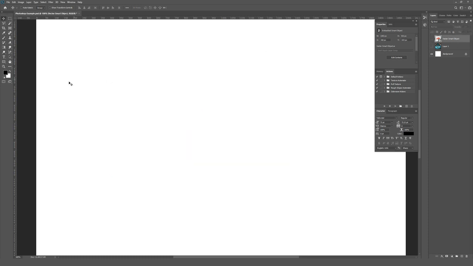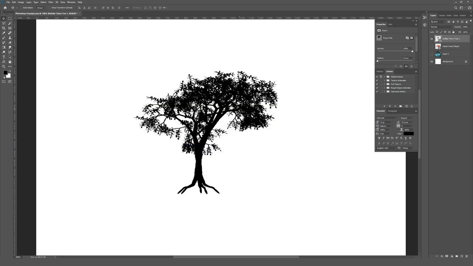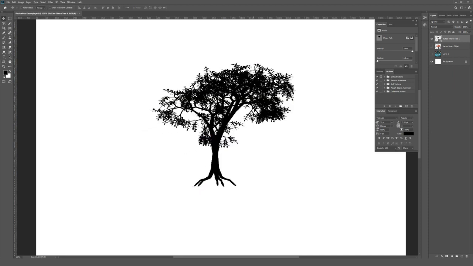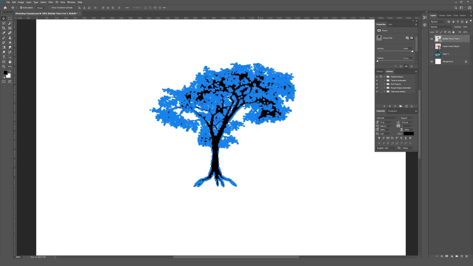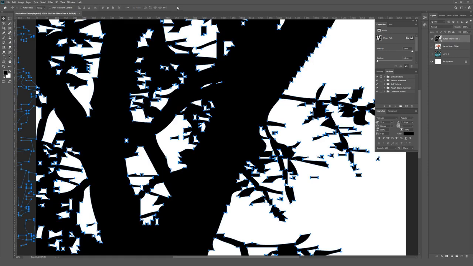So for example, if I go to the toolbar inside Photoshop and I want to draw a shape, there's a custom shape tool. I haven't used that before. Apparently it wants to draw a tree. So it'll draw a tree for me really easily. And this is going to be a vector object. Buffalo Thorn Tree 1. I really wonder why it drew a tree. Anyways, I will make this one 1000% just to show that you can make this huge